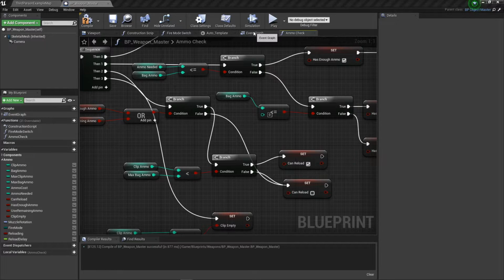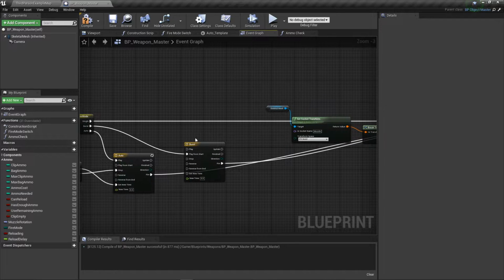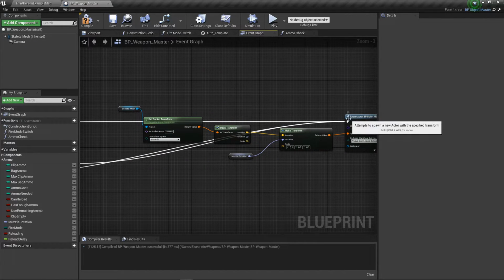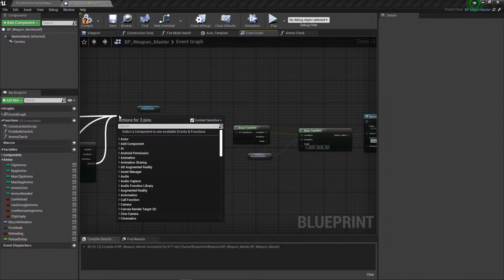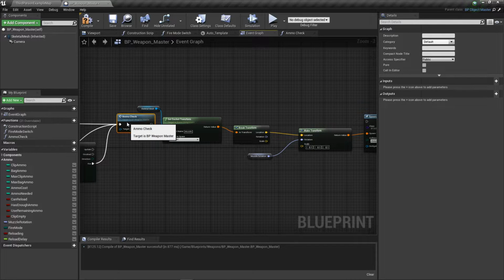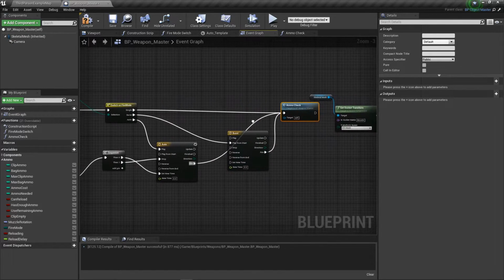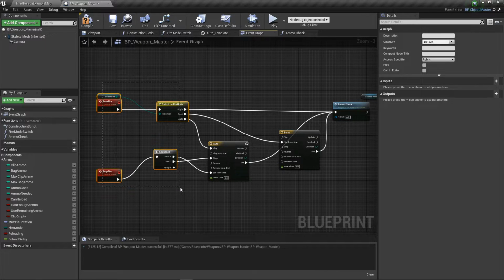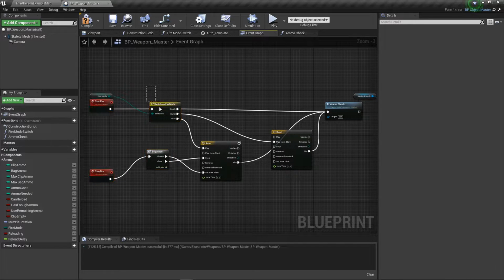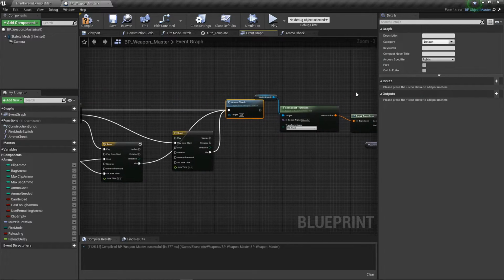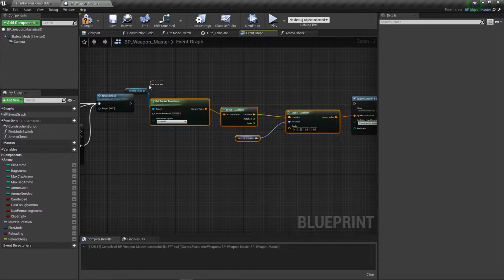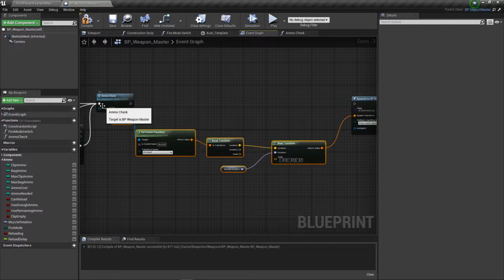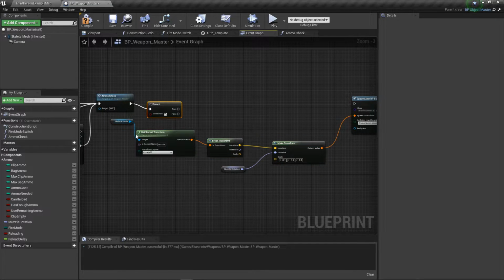So we're actually going to run this function directly after all of this. So we're going to click and drag this execution line going to our spawn and immediately go to our ammo check. And so now we've got everything coming straight to our ammo check. Because I probably should have prefaced, we're here at the start fire. So all of our switches, no matter which one we are, just as it would go to the spawn, this is going to go to the ammo check. Because we need to see if we can even do what we want to do based off of, of course, ammo,